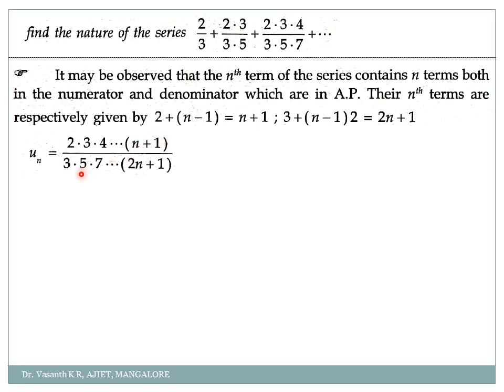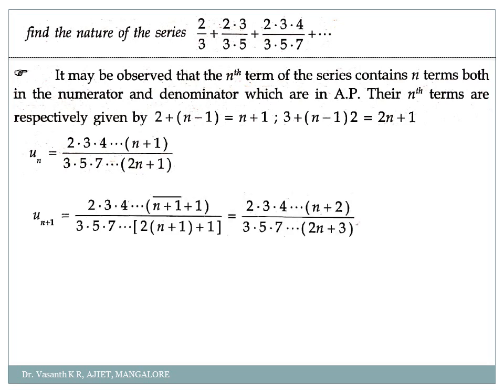But if you check your denominator, it is 3 into 5 into 7 and so on. So I should get odd terms, correct? Odd terms I'll get if I take 2n plus 1. So it is simply 2n plus 1. Clear? Okay. Now you got un. How to write un plus 1? If you want, you can check here, wherever n is there I have replaced it by n plus 1. Even in the denominator 2 times n plus 1, and this plus 1 is there as it is, so I have written it as it is.